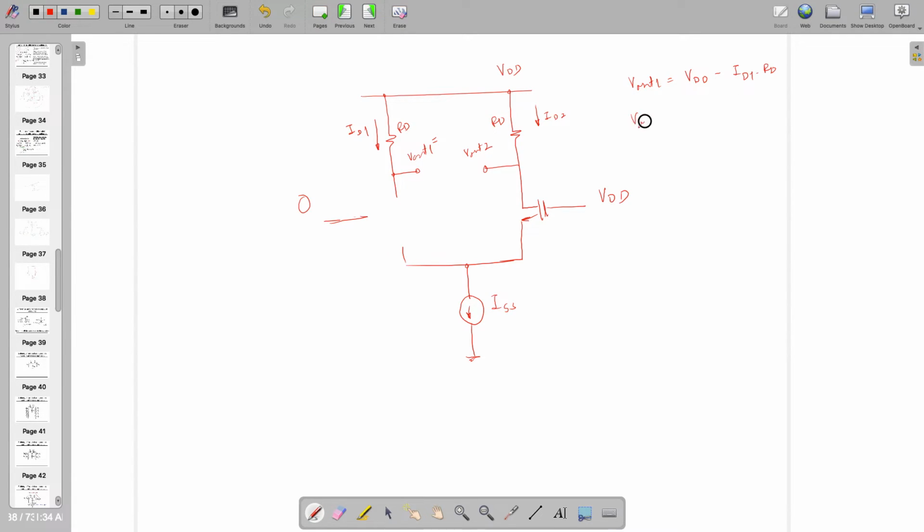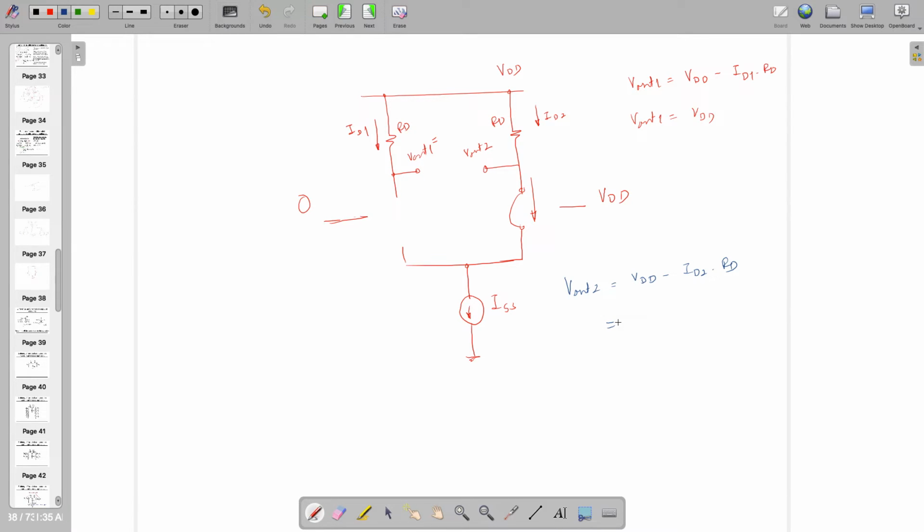So V out 1 becomes VDD, whereas if I am applying VDD here, this is short circuit, right? This is short, or allows the entire current to flow from here. So ID2 is flowing from here. In that case, V out 2, which is also VDD minus ID2 times RD,